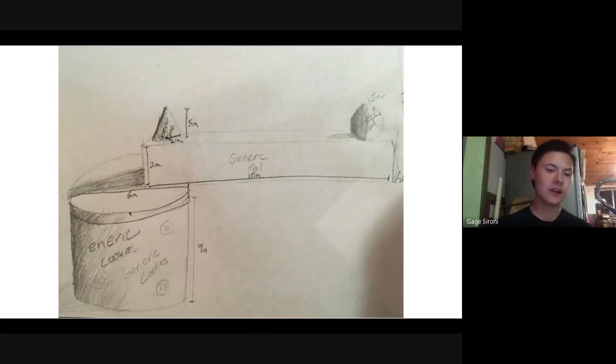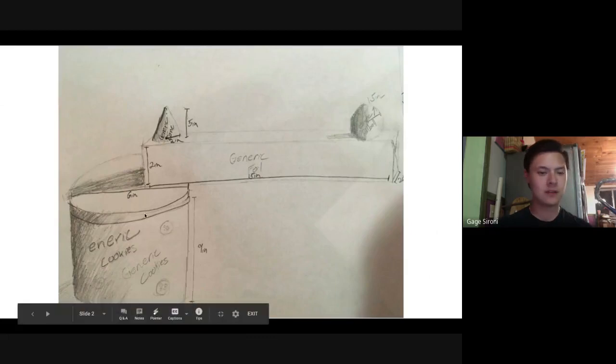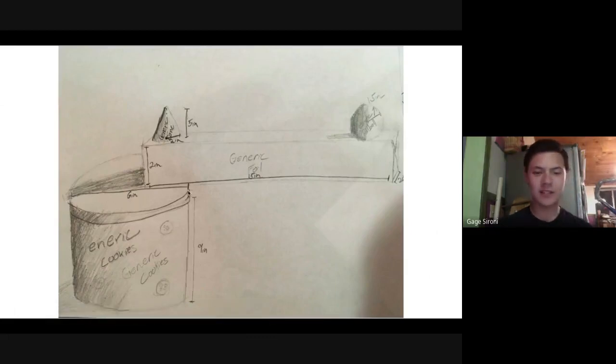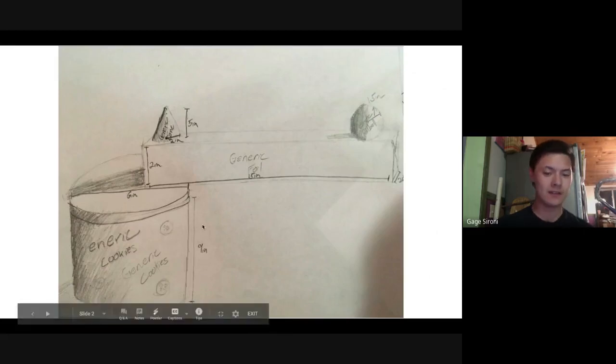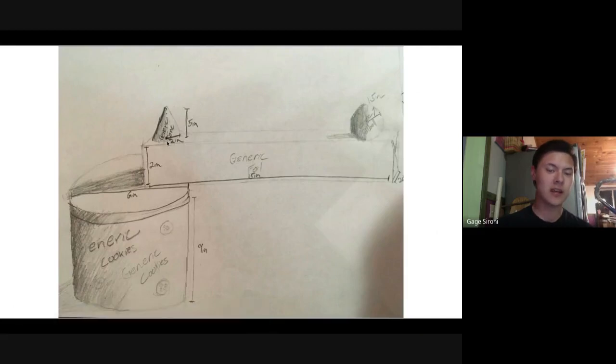So right here, I've got my can, which has a diameter of 6 inches, as you can see right here. One thing I want to make sure you do is you always label your dimensions, either in your drawing or in your photo. Always say the dimensions of whatever shape you're working with. So we've got a cylinder here with a diameter of 6 or a radius of 3, height of 9 inches. We've got the cone right here, which has a height of 5 inches and a radius of 2 inches. The sphere over here has a radius of 0.5 inches,